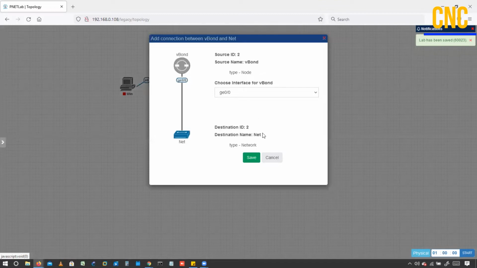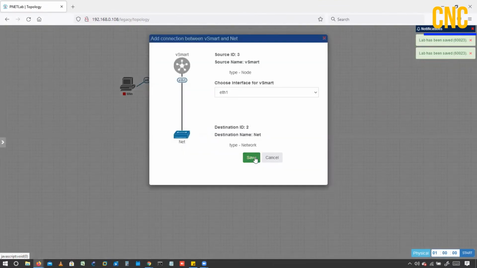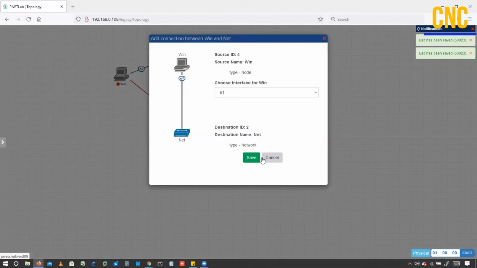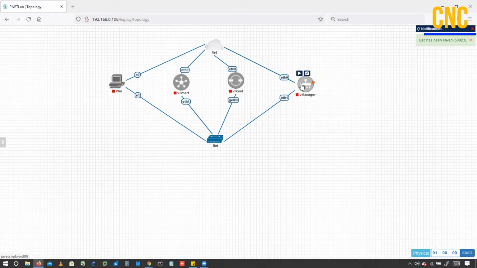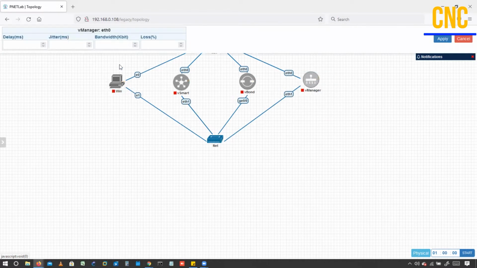Same from this device, gig 0/0. Same from this device, eth1, and from this also. So we have done this one. Just one minute.